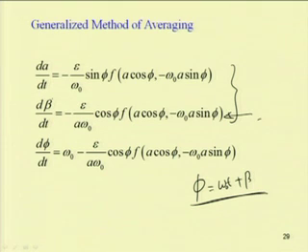We have written u in terms of a and phi, but in the case of the generalized method of averaging, we have to do a further transformation. In the Krylov-Bogoliubov method, considering the right-hand sides of dA by dt and d beta by dt as slowly varying functions of time, we integrated these equations to find the solution. But in the generalized method of averaging, instead of integrating,